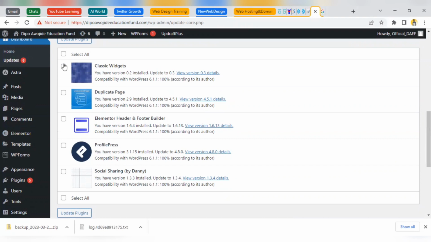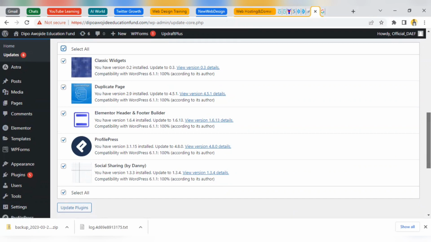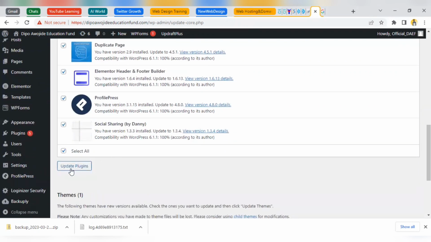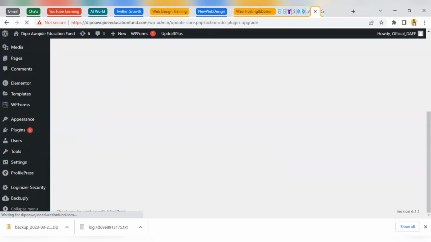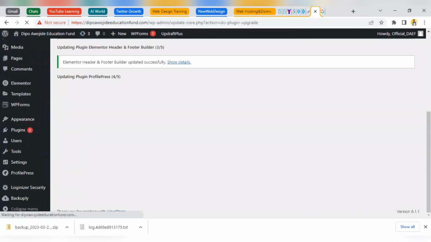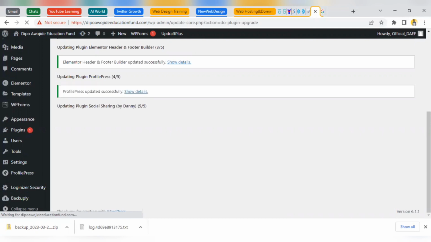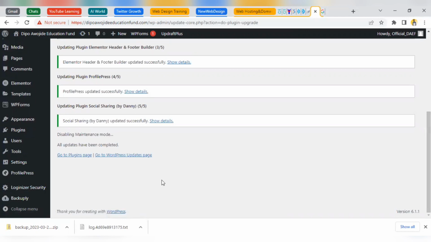So what we need to do is click by selecting everything, okay? And then you will say update plugins. And then it will update all of the plugins one after the other. Okay. Now that everything has been updated,